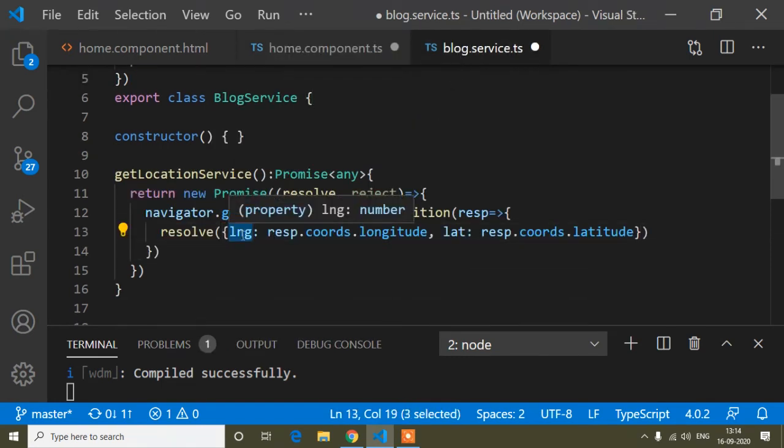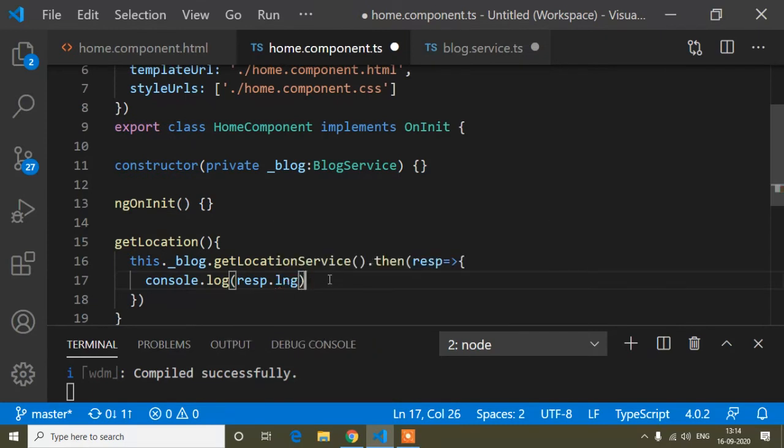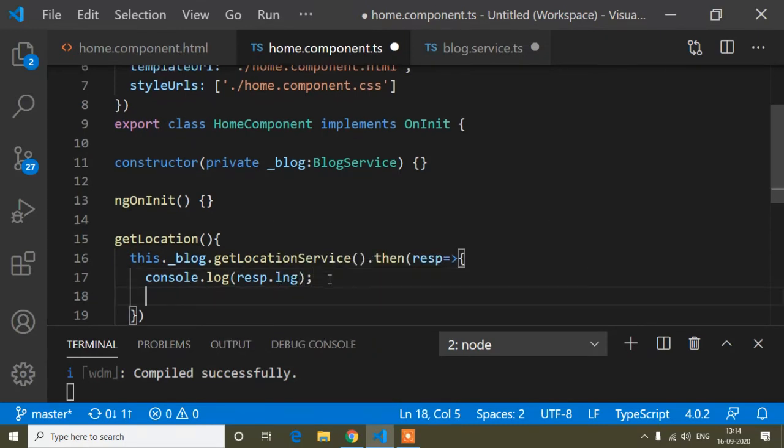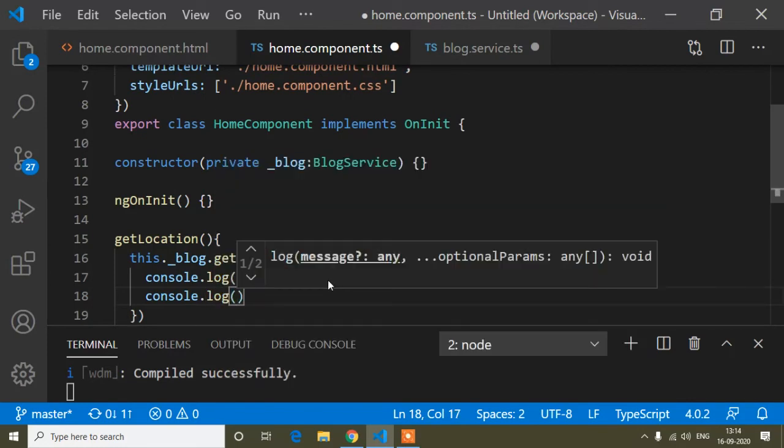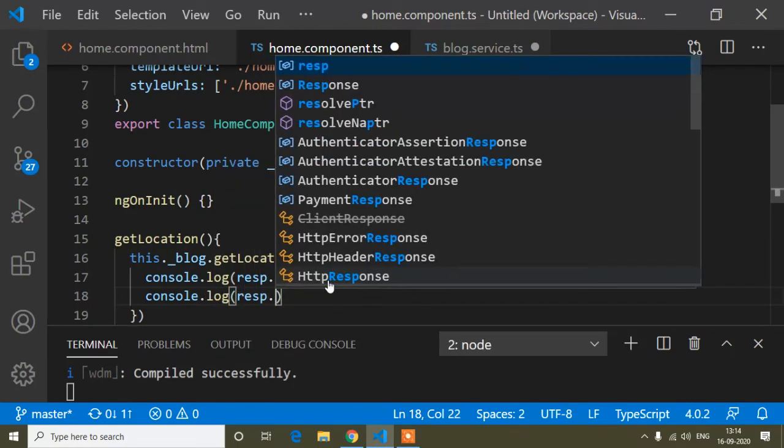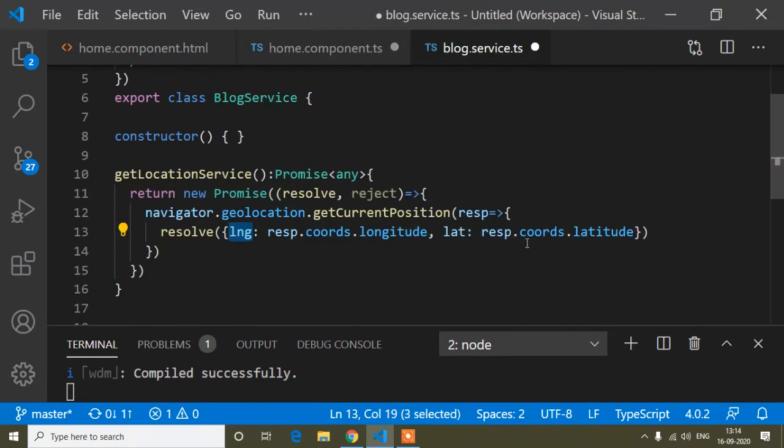Here you can see I created the properties longitude and latitude, and inside this longitude property I passed longitude, and inside this latitude property I passed latitude. So I will copy this longitude and paste it here, and here console.log response dot, I will copy this latitude and paste here.